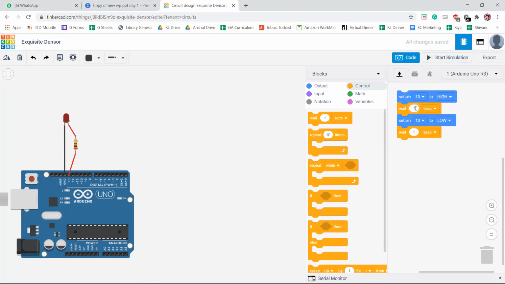Let me stop this simulation and increase it to 5, and also increase the other one to 5. Let's start the simulation. Now what will happen is this LED will be on and kept on for 5 seconds. It will wait for 5 seconds and then the set pin low will be executed, so that pin number 13 will be low and our